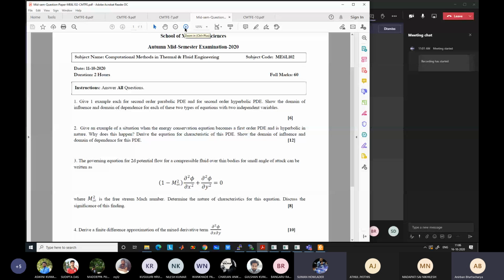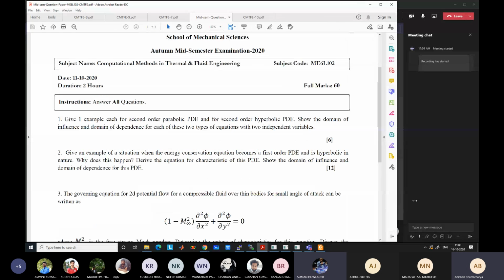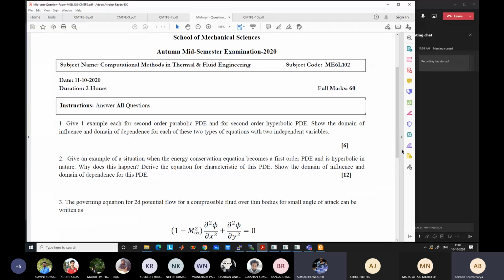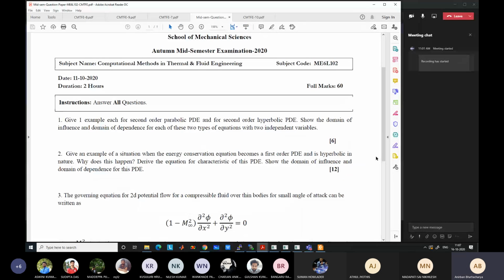I have just received the answer scripts, just one day ago. So I have not yet checked your answer scripts. Generally, for offline exams, we receive the answer scripts after the exam itself, and generally I check them and show them to you in one week. But this time, let us see, because it will take more time to check, and we have to see also what is the modality of answer scripts.